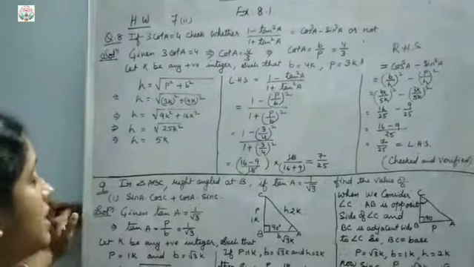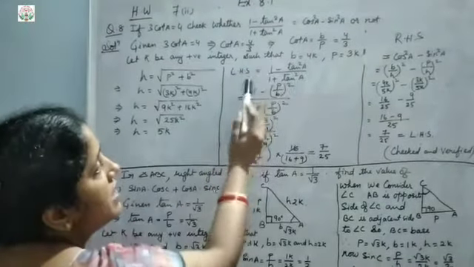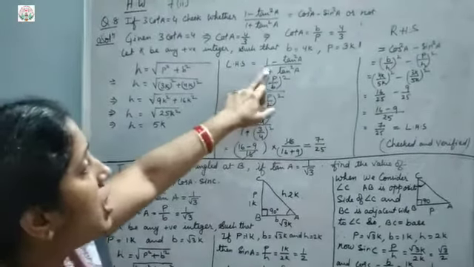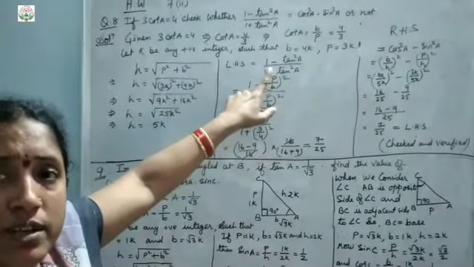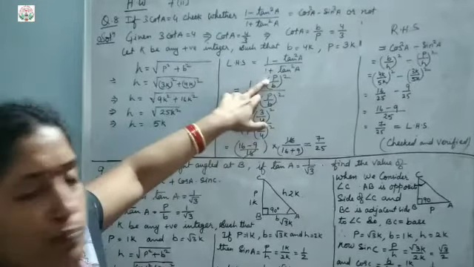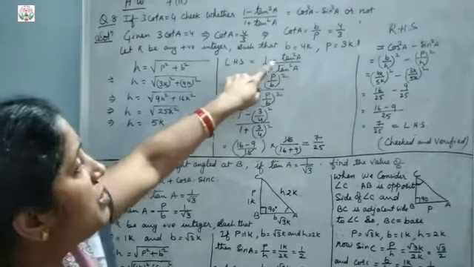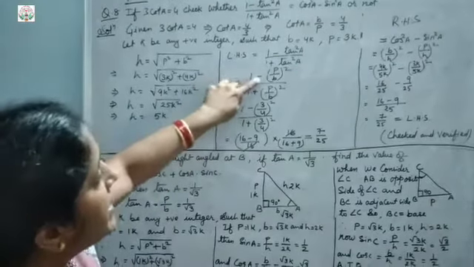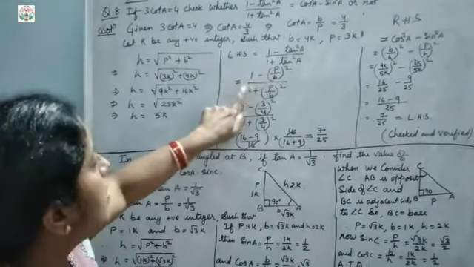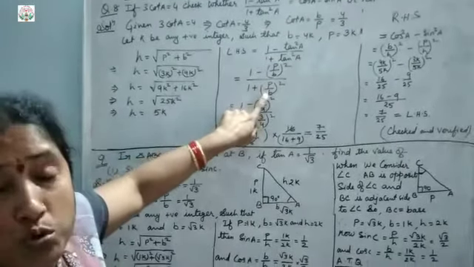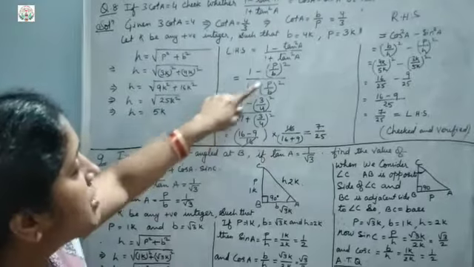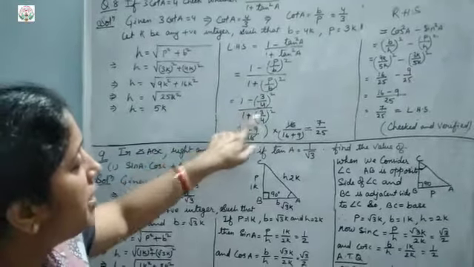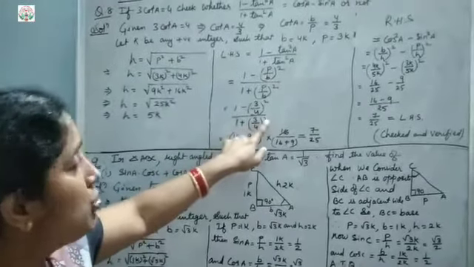And LHS now. Then LHS will be what? For this part, LHS is (1 minus tan square A) upon (1 plus tan square A). Okay. So now tan, we know what it is: perpendicular upon base, P upon B. So put the value of P and B in place of tan A. So 1 minus (P upon B) whole square upon 1 plus (P upon B) whole square. Now the value of P upon B is 3 upon 4. That is 1 minus (3 upon 4) whole square divided by 1 plus (3 upon 4) whole square.